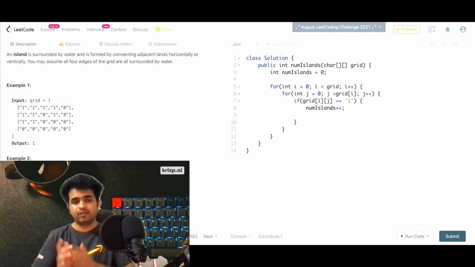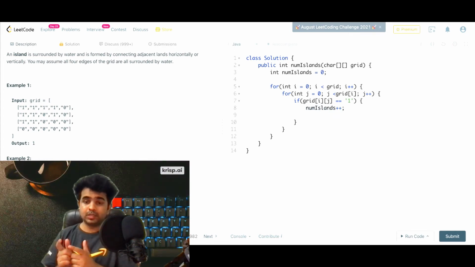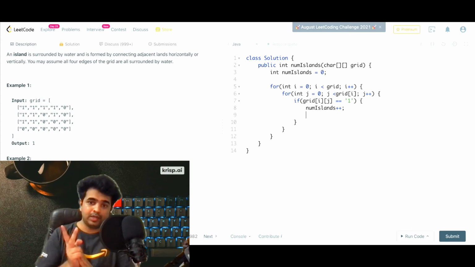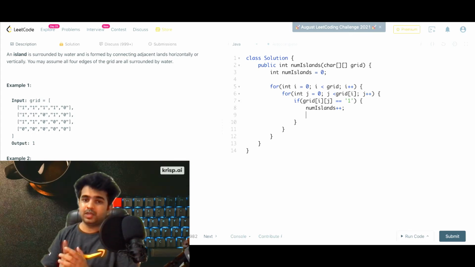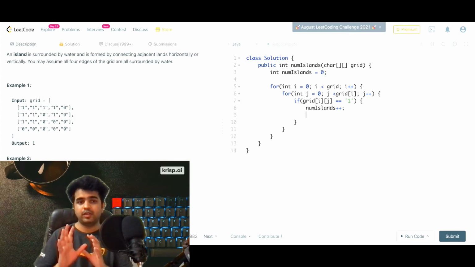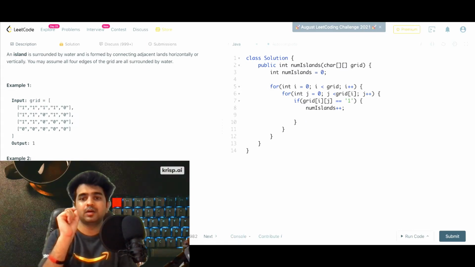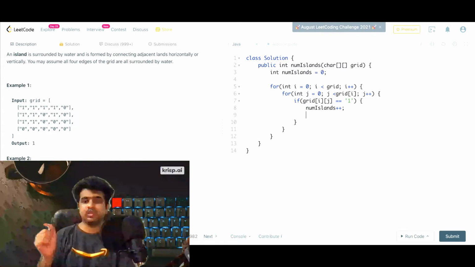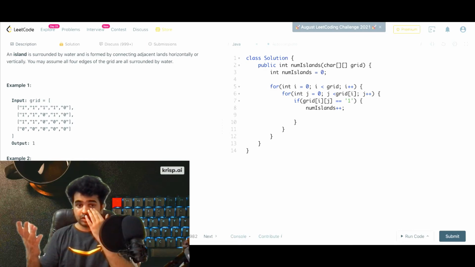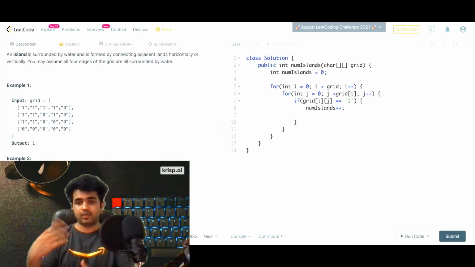And now we need some way to mark all the connected ones. We can do it in two ways. The first one is we can somehow maintain a memory of all the positions in the grid that we have touched, and if in future we come at that position, we will not process it.